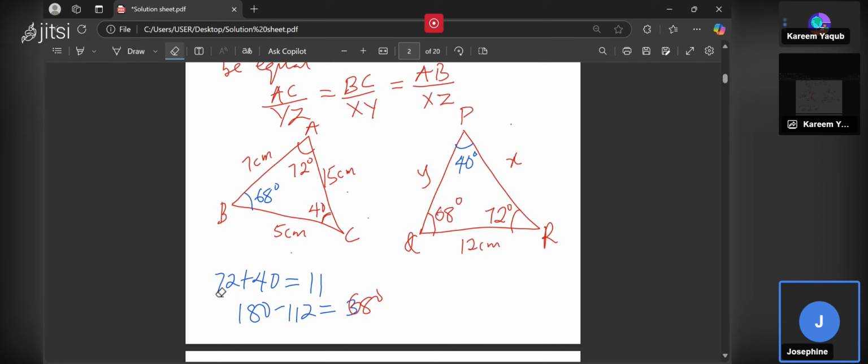So let's now find the ratio of corresponding sides. That's the next thing. We list out the ratio of corresponding sides. So if I should pick